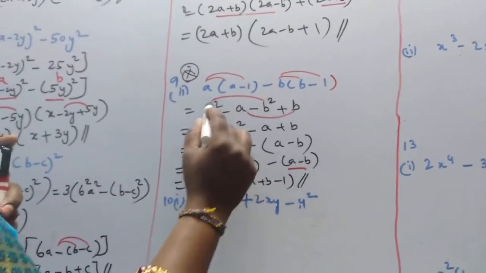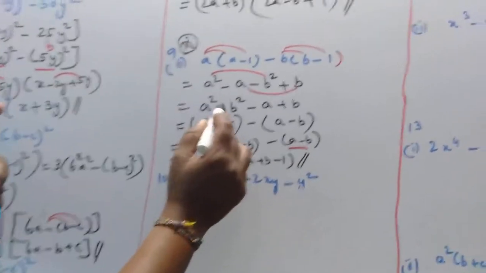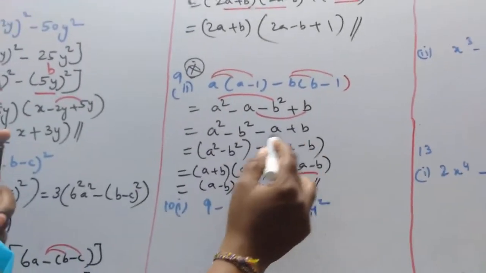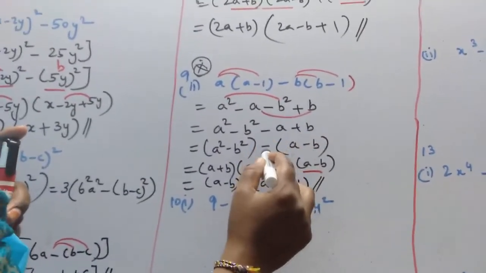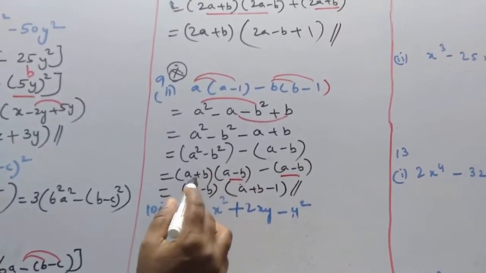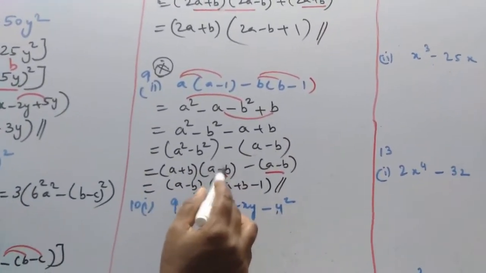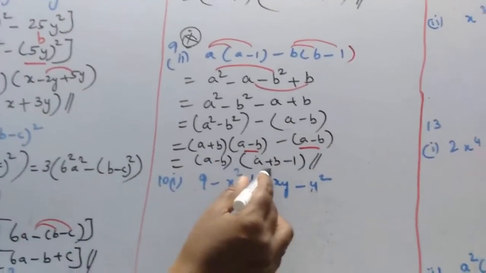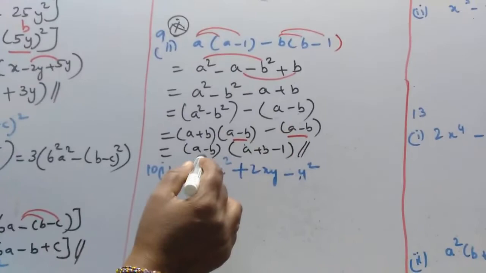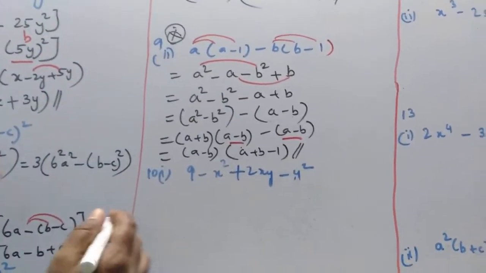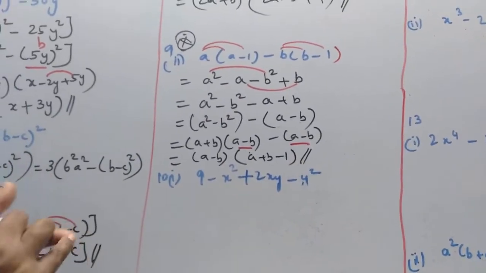So I am taking this as two separate terms, which is A square minus B square, and this minus A plus B here. I am taking minus outside. Now this will become A minus B. Here A square minus B square can be expanded as A plus B into A minus B. So in this two terms, A minus B is common. The remaining term here is A plus B. So already A minus B is there. If we divide that two, we will be getting 1. So here minus sign. Okay, we'll go to the next question.